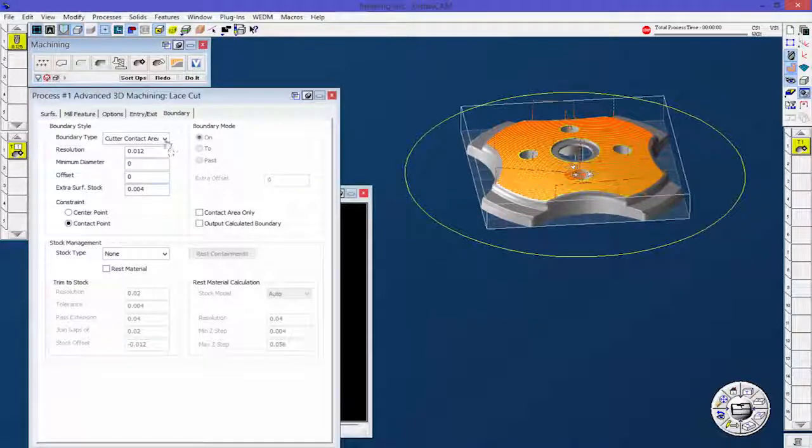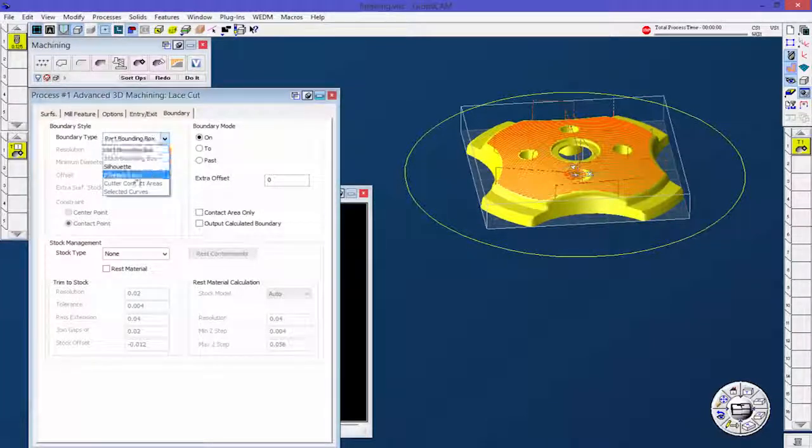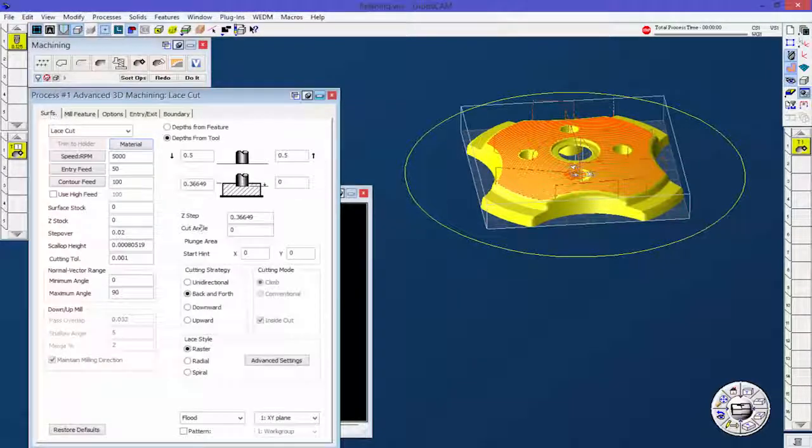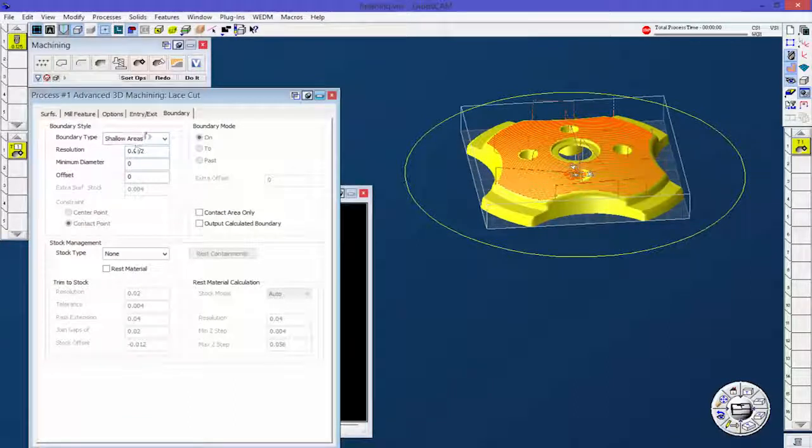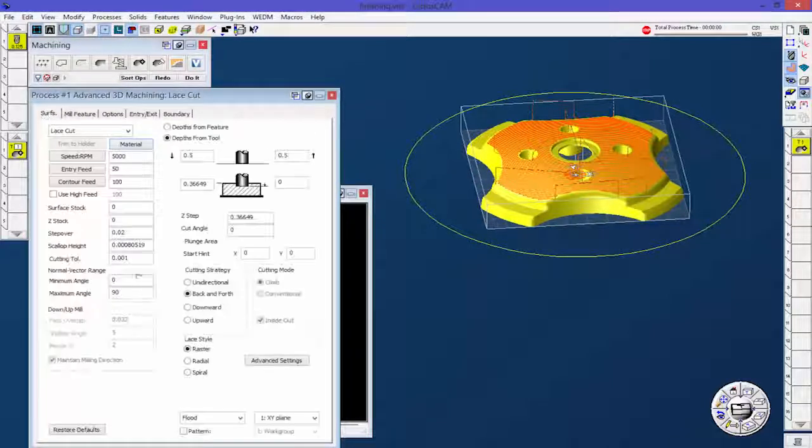There we go. So another thing that I have gotten a lot of questions about is the shallow areas. So let's go ahead. I'm going to turn back on my solids, and I'm going to go to shallow areas. Now, this shallow areas is directly tied into the surfaces tab with our normal vector range, which is 0 to 90. If you were to run this shallow area when it's 0 to 90, it will just machine the whole thing. It will say, okay, everything is within 0 to 90. It's normal vector area. If we change this number, say to 30, and then click redo,